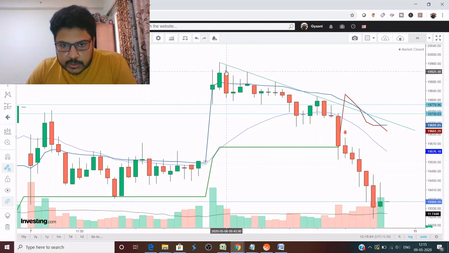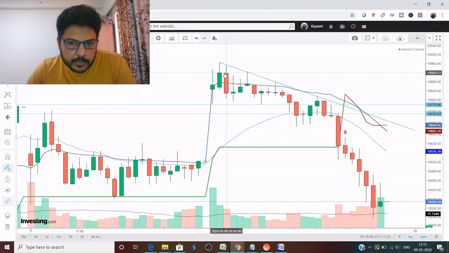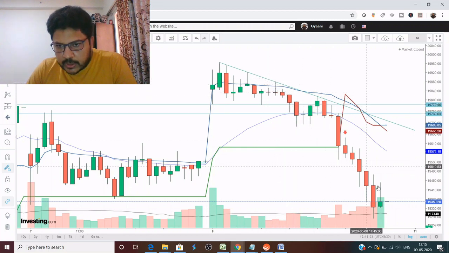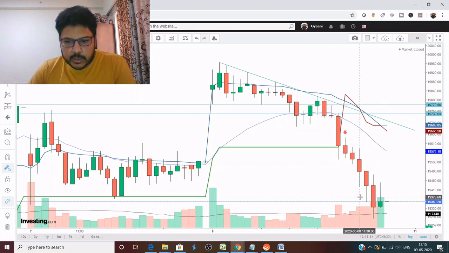Later, it could not sustain higher or go up from there because there was a huge gap up. Then it tried a couple of times to break this high, but you can see these kinds of candles give you a reversal signal on VWAP, and then it started moving down. The price moved down from VWAP, and then it tried to hold on the 20 period moving average. This also failed, and then there was a short reversal, and now it is coming down.